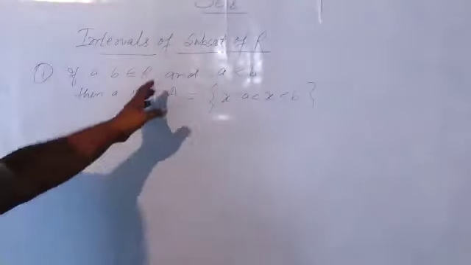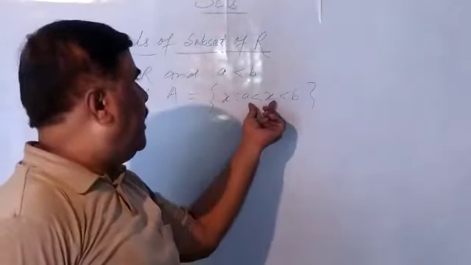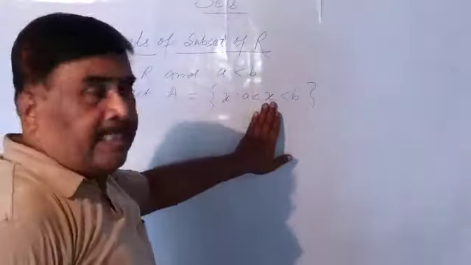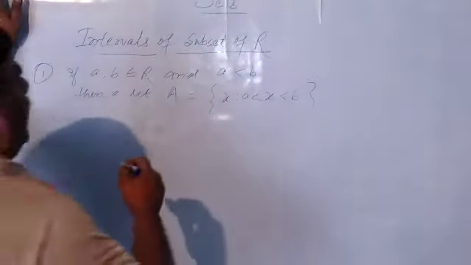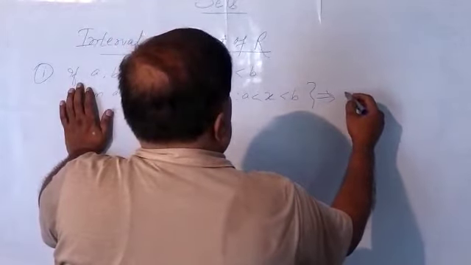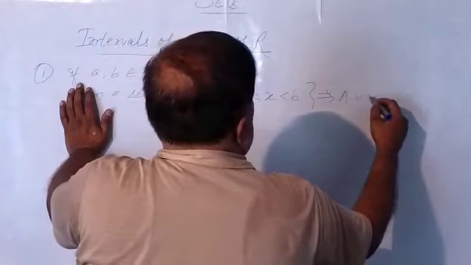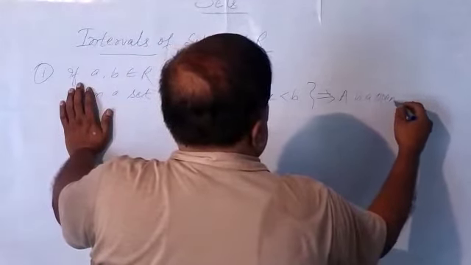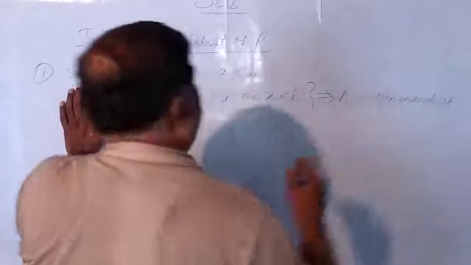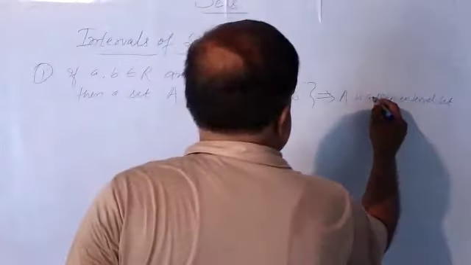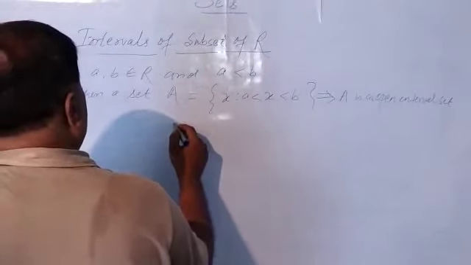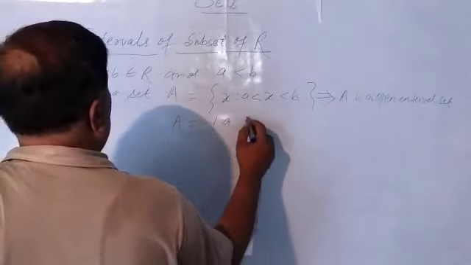It means a set in which every element is greater than a but less than b and x is a real number, then we say that A is an open interval set, okay,